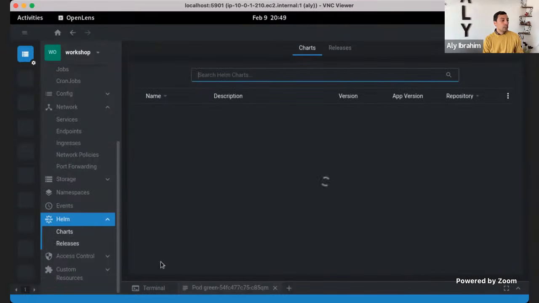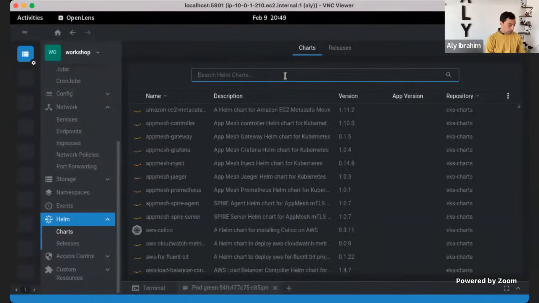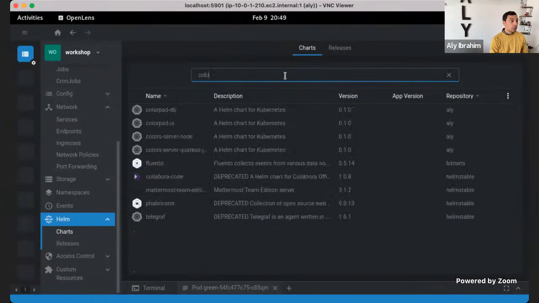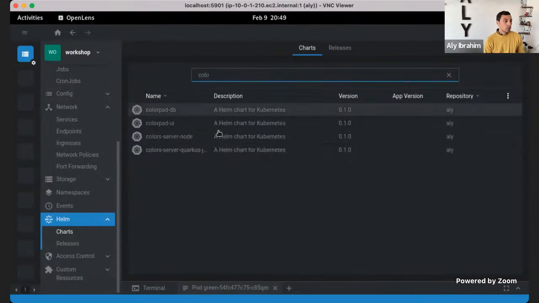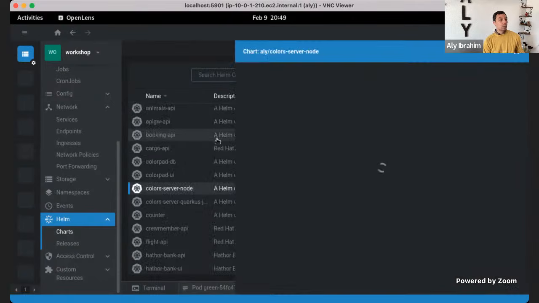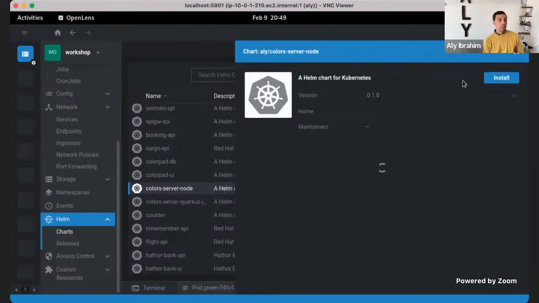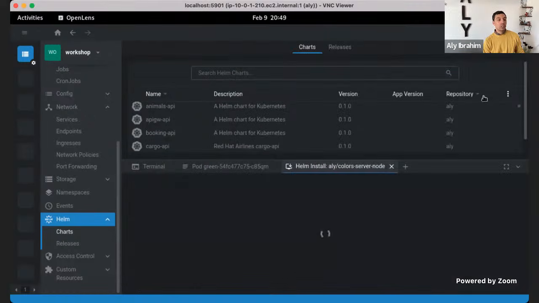You can scan all the Helm charts that are running on your cluster. And that's one we can use, so install this one, for example. And you can install the Helm chart from here. You don't need to do the Helm install, whatever.